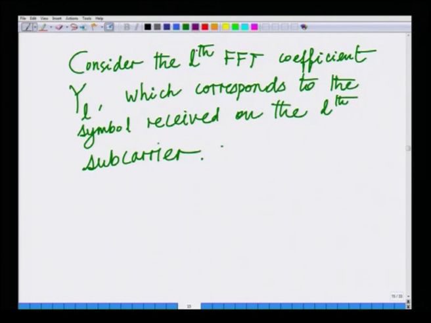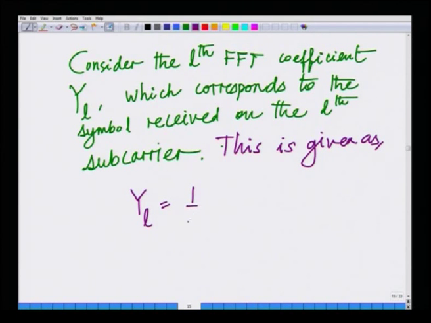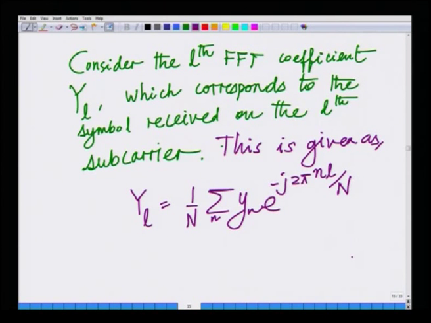This is given as Y L equals 1 over N summation y n e to the power of minus j 2 pi n L over N. This is nothing but the simple lth FFT coefficient, that is, I am computing the FFT coefficient,